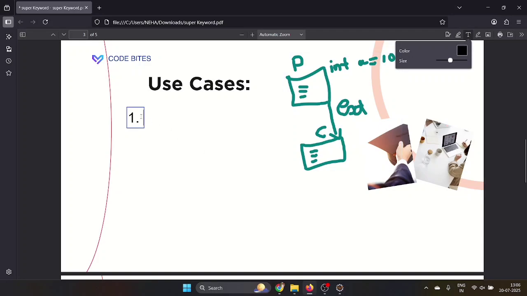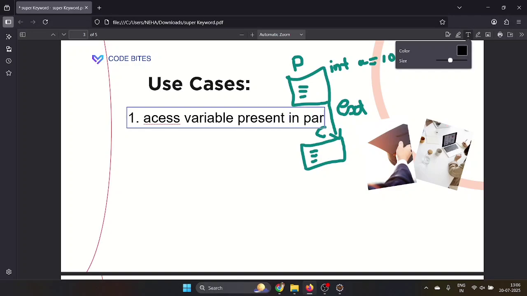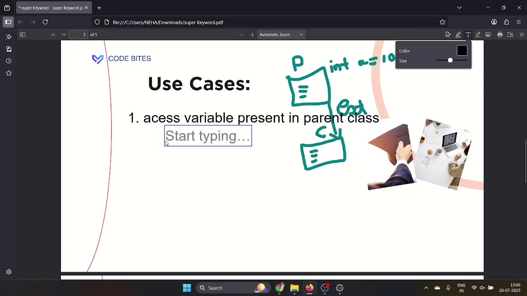I'm going to write: access the variable present in parent class. Then I'm going to tell you how you can access it using the super keyword: super dot, which variable you want to access, which variable, a. You should give the variable name here.